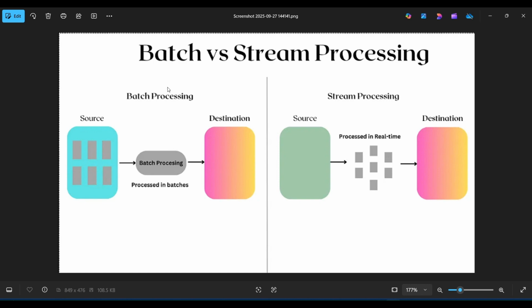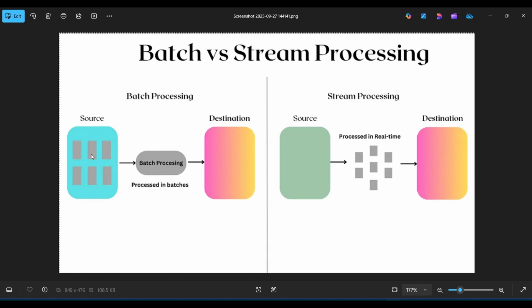First of all, I'm going to discuss what batch data is. Batch data is when you process your data within a month, within a week, within a year, or within an interval time period. This is called the batch process. For example, if your file comes in every week, every month, every 15 days, every hour, or every 2 hours, it is called batch processing. Here in this image you will see a source where a file or data is